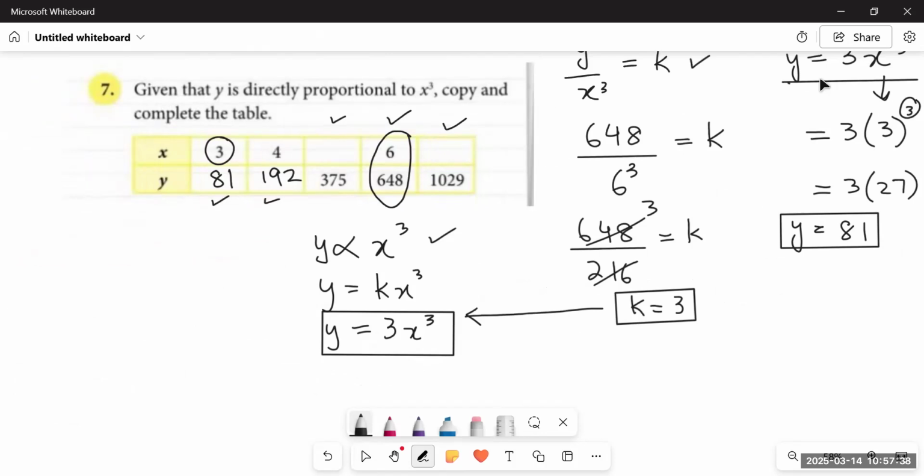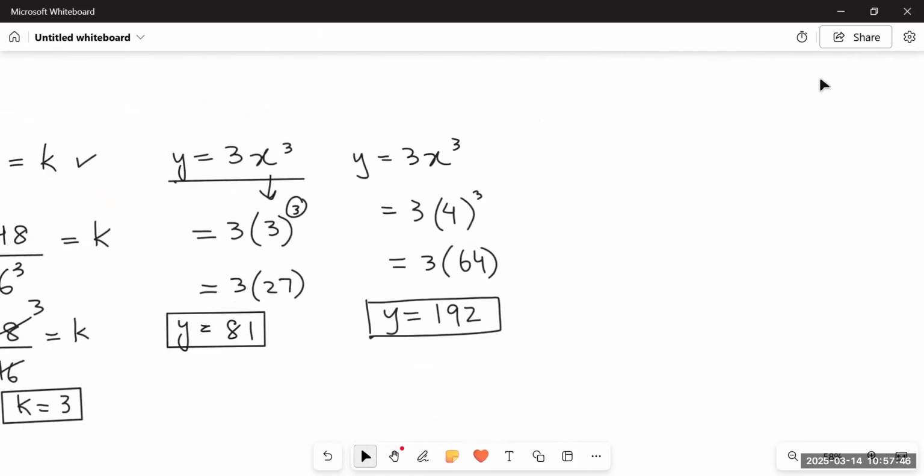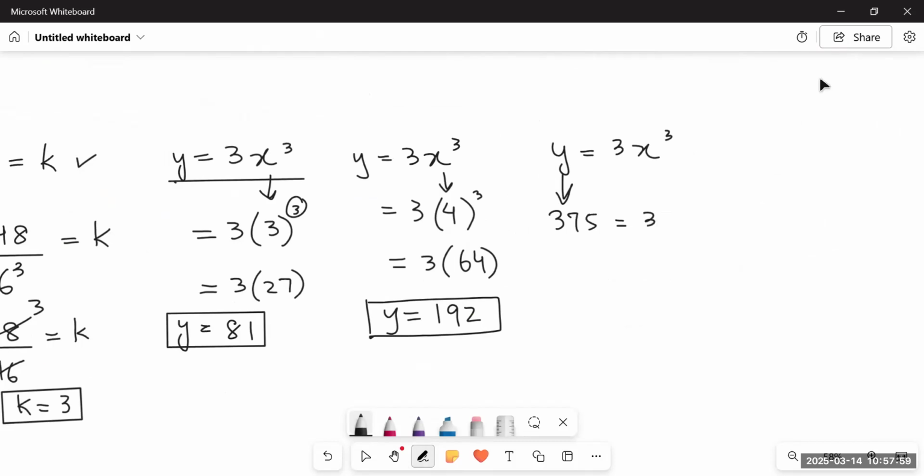Next, we have to find out the value of x when the value of y is given as 375. So this time, again, we are going to use the same equation, y is equal to 3x cube. But here we have to substitute the value of y and not x anymore, which is 375 is equal to 3x cubed. What to do next? Now I will remove this 3 from here and it becomes 375 upon 3 is equal to x cubed. When I divide 375 by 3, the answer would be 125 is equal to x cube.